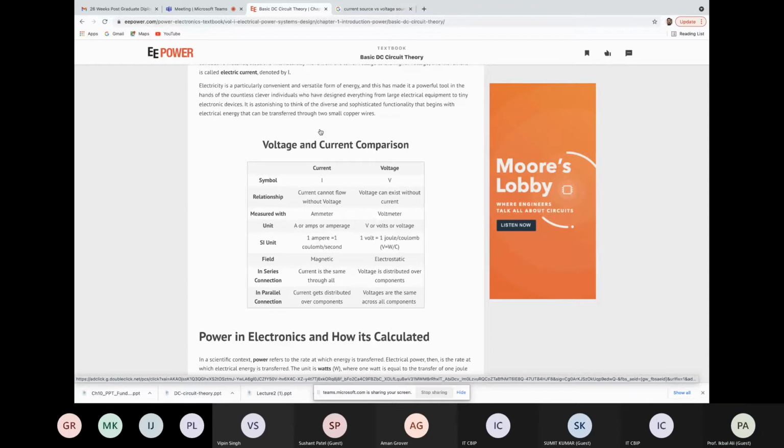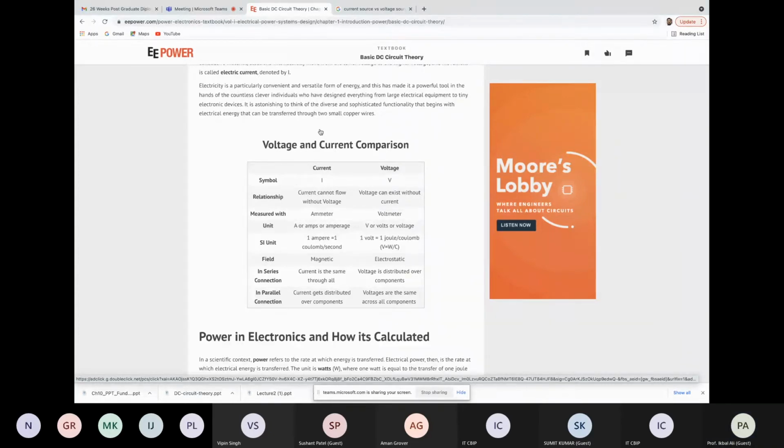And the measurement quantities, in what terms we measure these currents and voltages. You can see current is measured in amperes. It is its standard measurement. And voltage is measured in volts. The instruments which are used to measure current and voltages are ammeter and voltmeter respectively. Ammeter measures amperes and voltmeters measure volts.